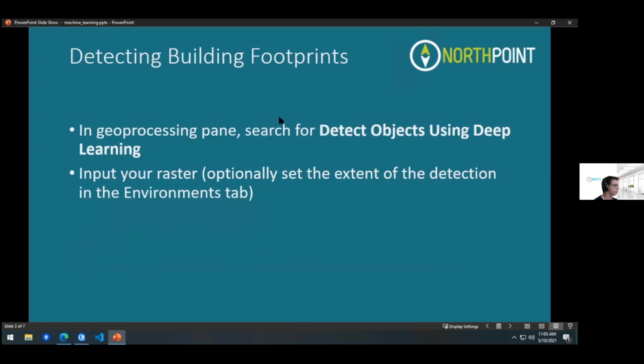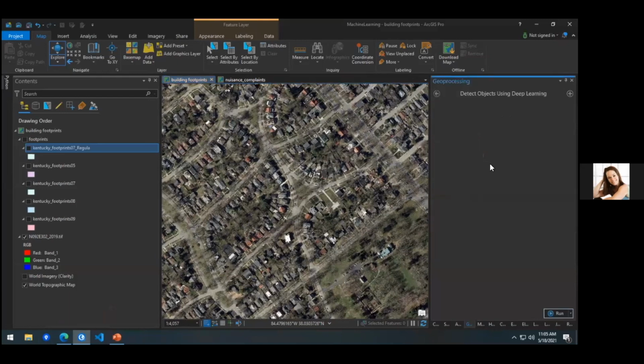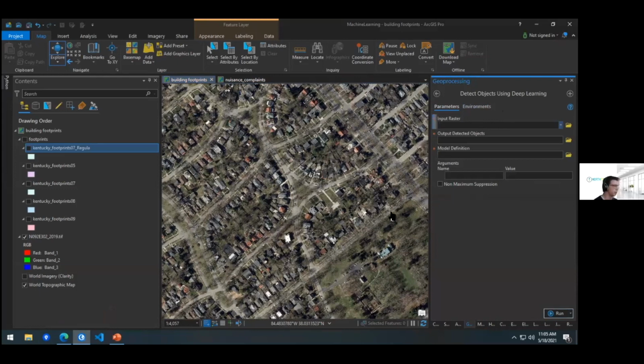And so from there, we can actually start using the deep learning tools. In ArcGIS Pro, we have Detect Objects Using Deep Learning. In this case, we're going to try to detect some building footprints. And before, you would usually have to try and train your own model. You'd have to prepare some